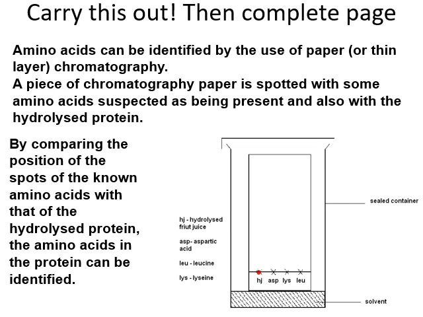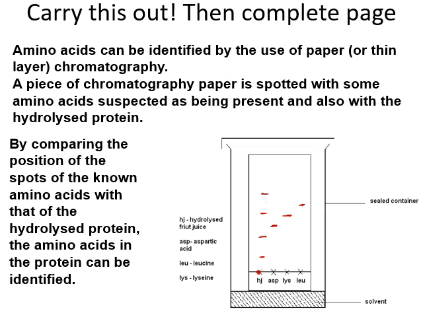Those amino acids would move up the paper, right? And perhaps you would have a band here, and a band here, and a band here, right? And you would then have the amino acids that are found in the hydrolyzed fruit juice, and you would look to see if there is any bands in the same line, right? In the horizontal plane of the paper. And as you can see then, in this example that I've drawn, this hydrolyzed fruit juice actually contains